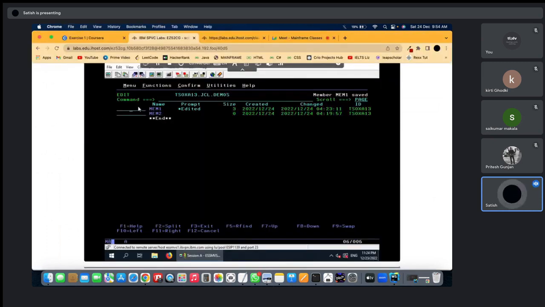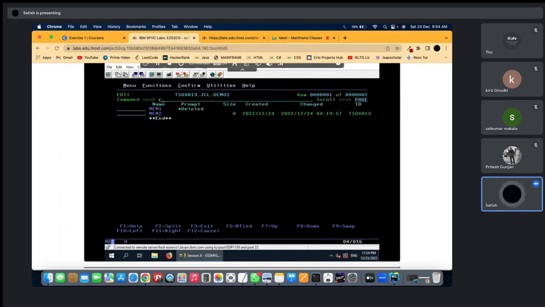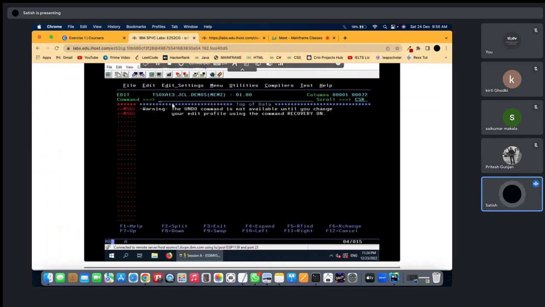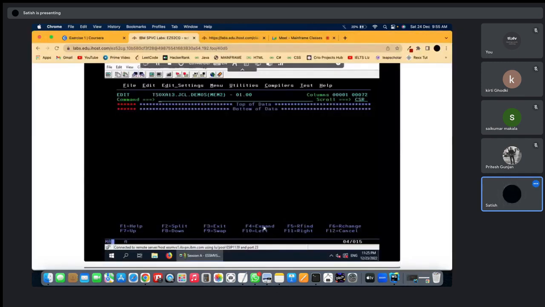you need to type it only in a member of a PDS, right? So let me enter into a member. If you look into it, we'll be having 80 columns itself. We have given 80 columns, so it should be 80 columns. If I go to the right,